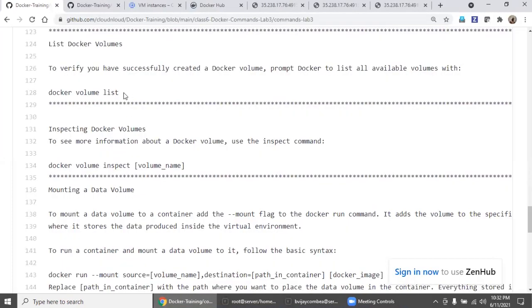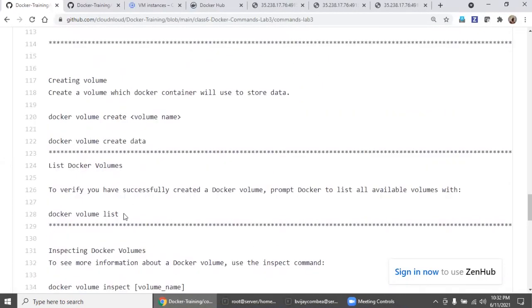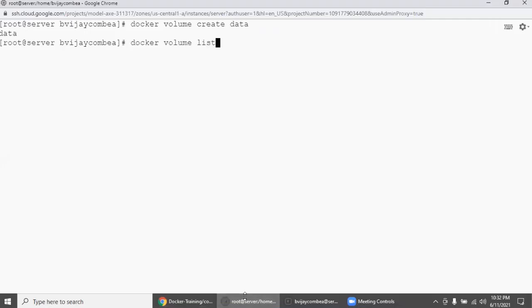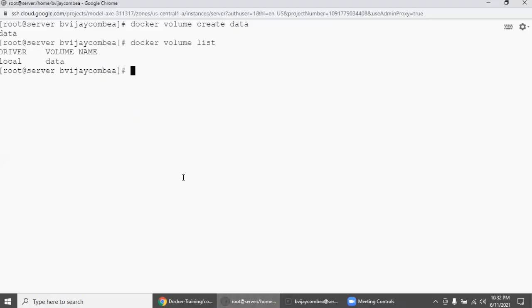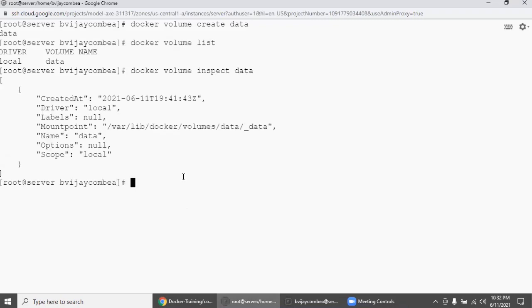Now I want to list out what all the volumes are. So we will list it. There is one volume, data, created. Come down. We need to inspect it. I need to give my volume name. So it got created, and this is the default mount point. We can even change this.